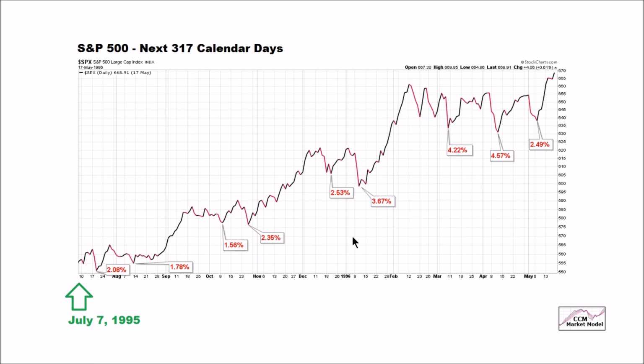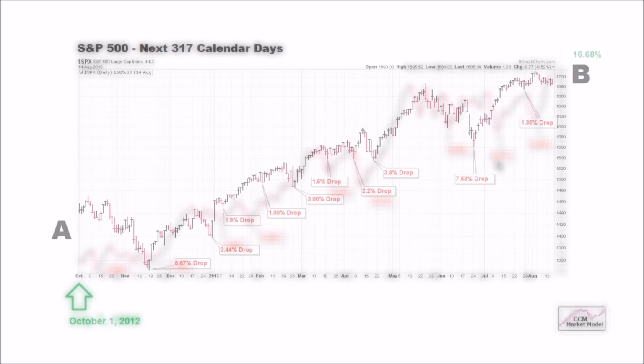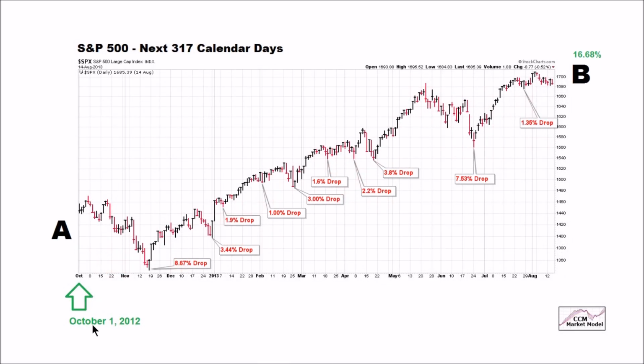And in this case, if we focus on closing prices, it's a little bit shallower look, but similar magnitude in terms of the pullbacks. The other period that we said was similar to the present day, or February of 2017, was October 1st, 2012. In this case, over the next 317 calendar days, from point A to point B, the market gained 16.68%. And to capture the A to B move, you had to withstand numerous pullbacks, including one almost 9%